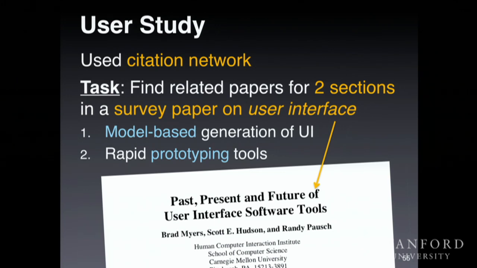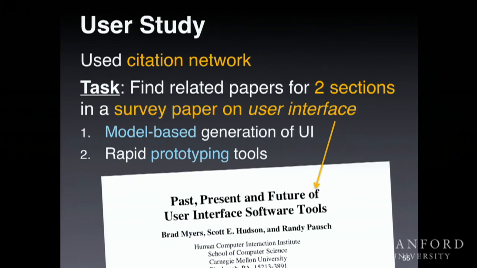And then the second section is what are the tools that can help people quickly build user interfaces. So these are the two sections that we gave the participants. And the task for them is to find related work for each of them, basically to update this paper. This was published in around 1990, so we asked them to find new papers that are published in